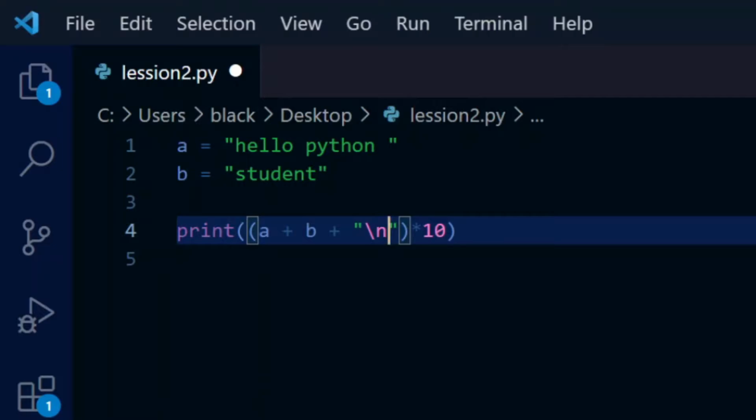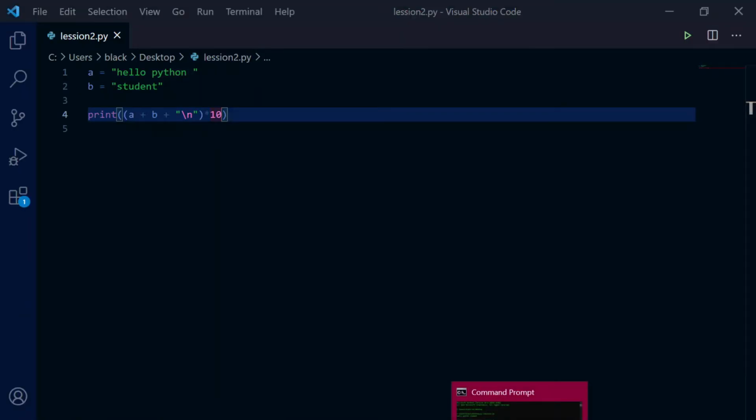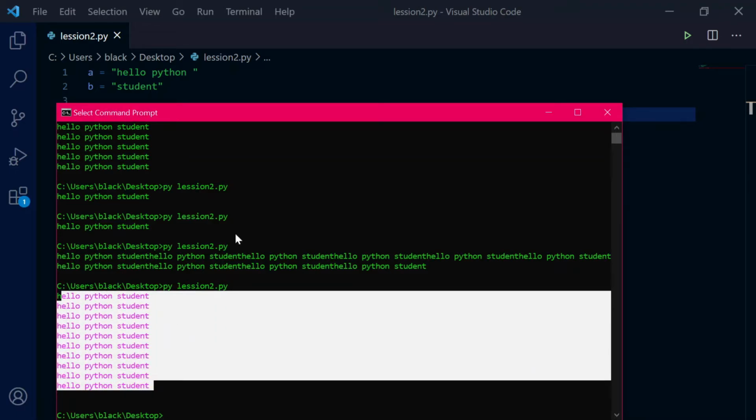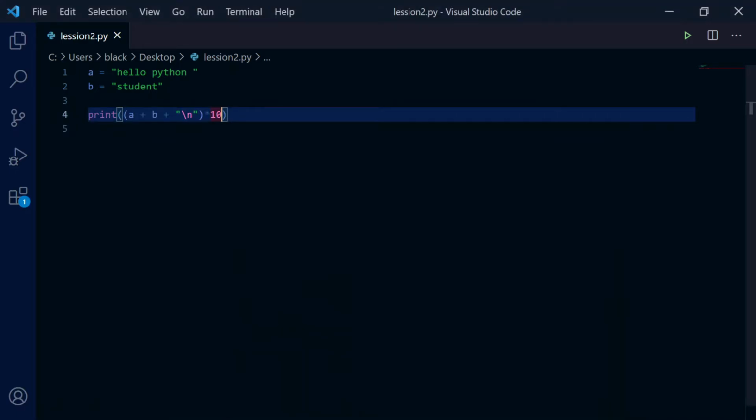We use this to tell Python to start the next string on another line. This is simply for the next line. And save it. If we run that again, you can see the result that we want. So we don't have to write this 10 times. We can use variables to do that.